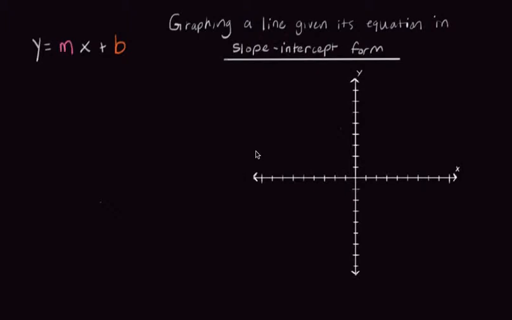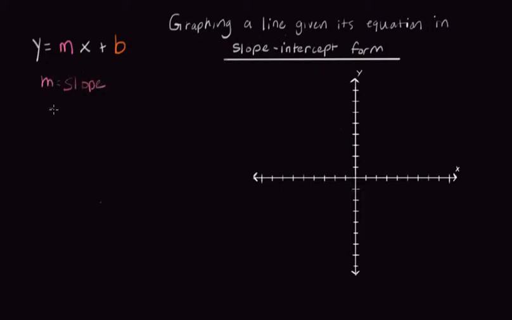Okay, so now I'm going to talk about graphing a line given its equation in slope-intercept form. So this right here is slope-intercept form, and we call it slope-intercept form because you can easily tell what the slope and the y-intercept are just by looking at it. So m, which is the number that's in front of x, is the slope,